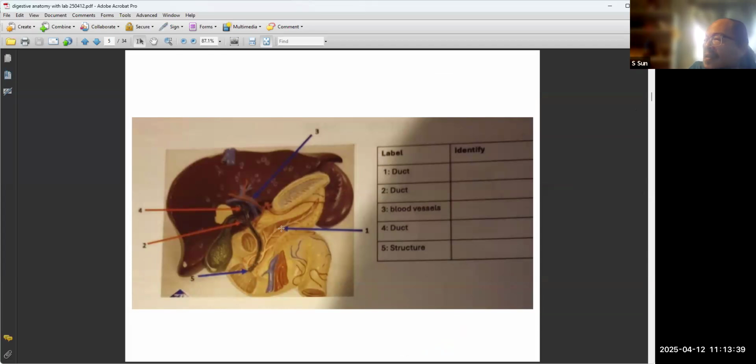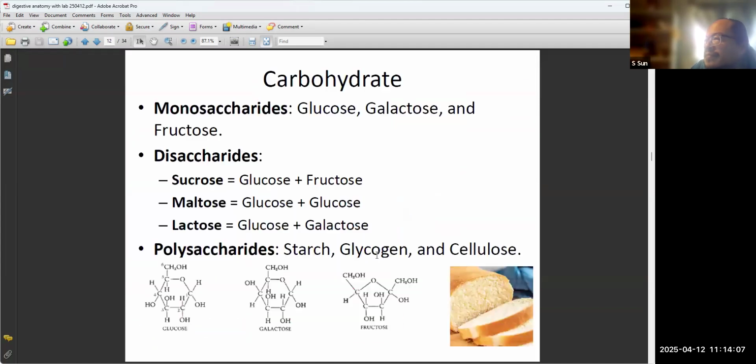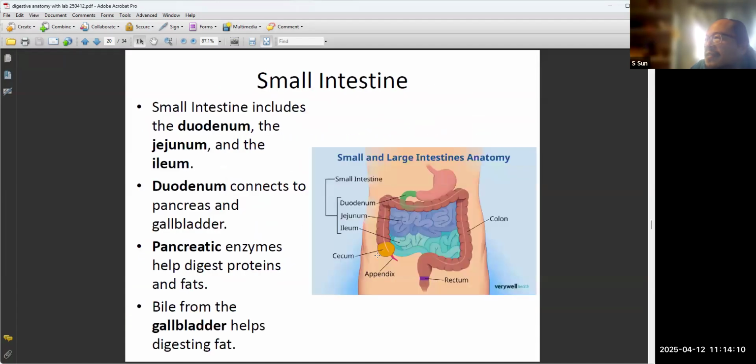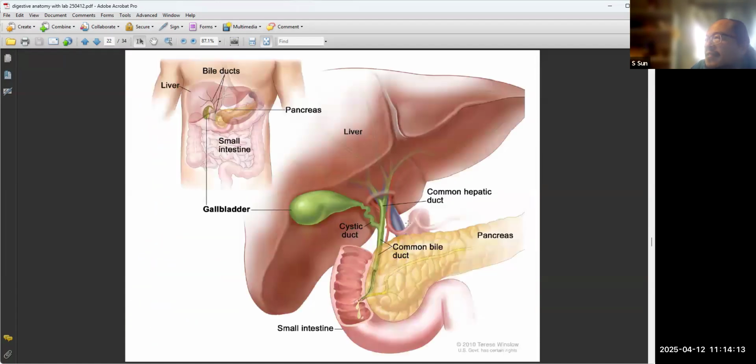So one is pancreatic, two is cystic duct. Three, this one is the portal vein. So vein coming in, hepatic portal vein. I think he's pointing at this blue thing, that's a portal vein. That's three. Four is the common hepatic duct. Four is right here. So that's four. And then five